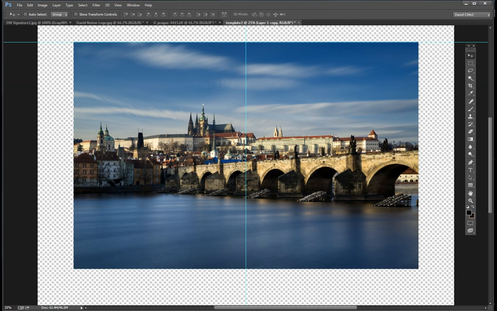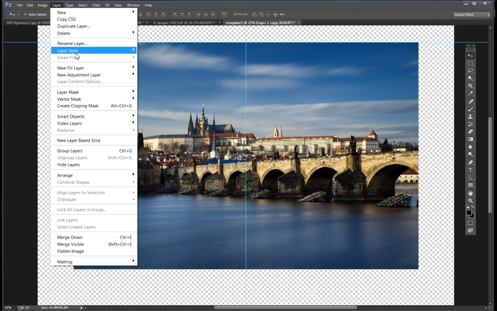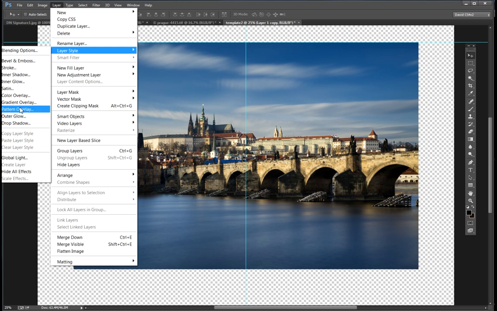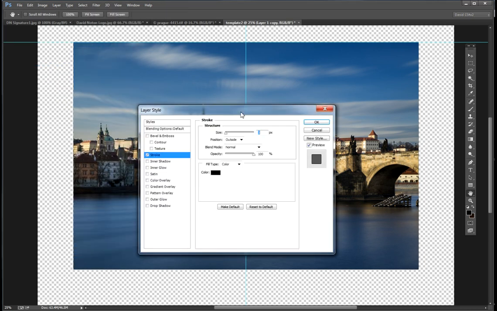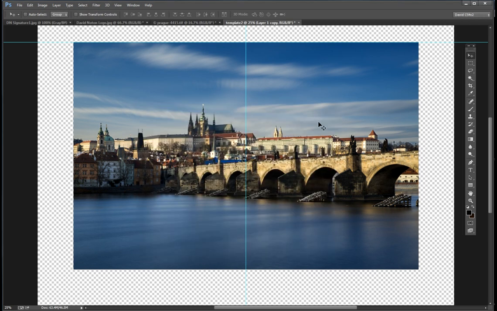So I'm going to go to layer style, and where it says stroke, this measurement here is going to determine the width of the stroke or the key line, and it's set at 3 pixels at the moment. I'm going to put 2 there, and it's to go around the outside, and the color is black. So if I click on OK there, and now if I zoom in,